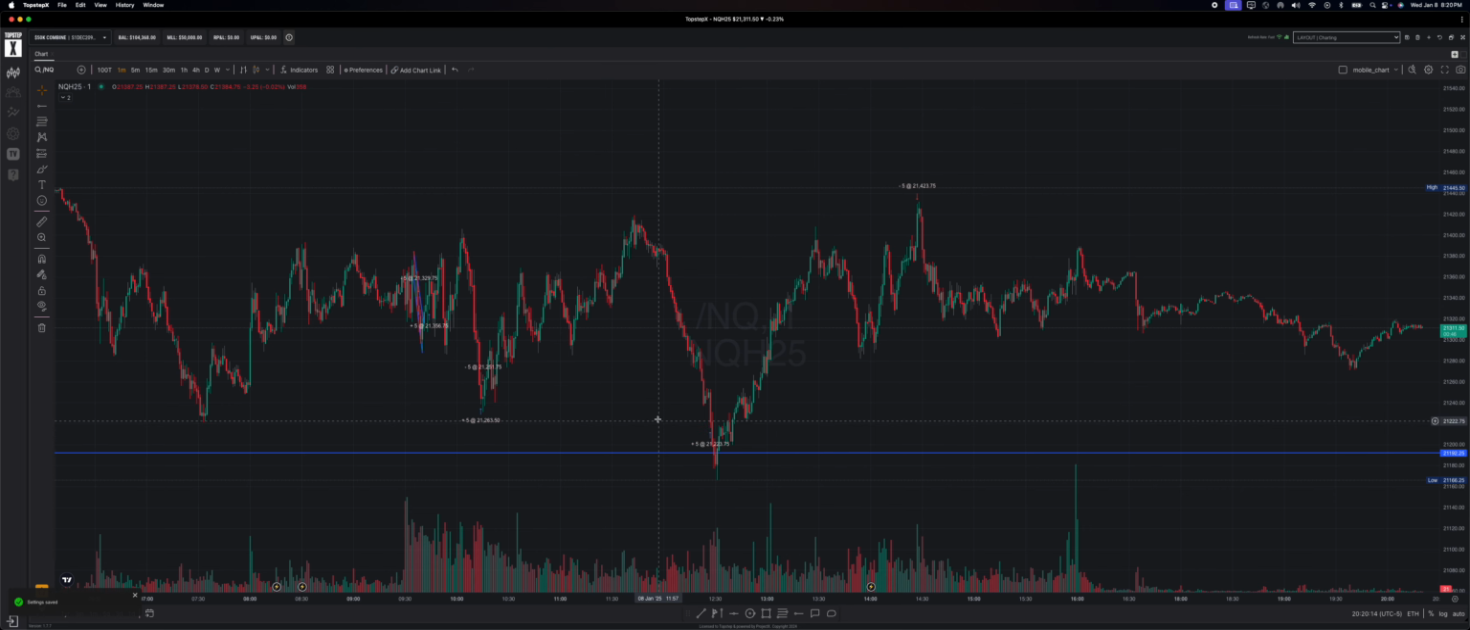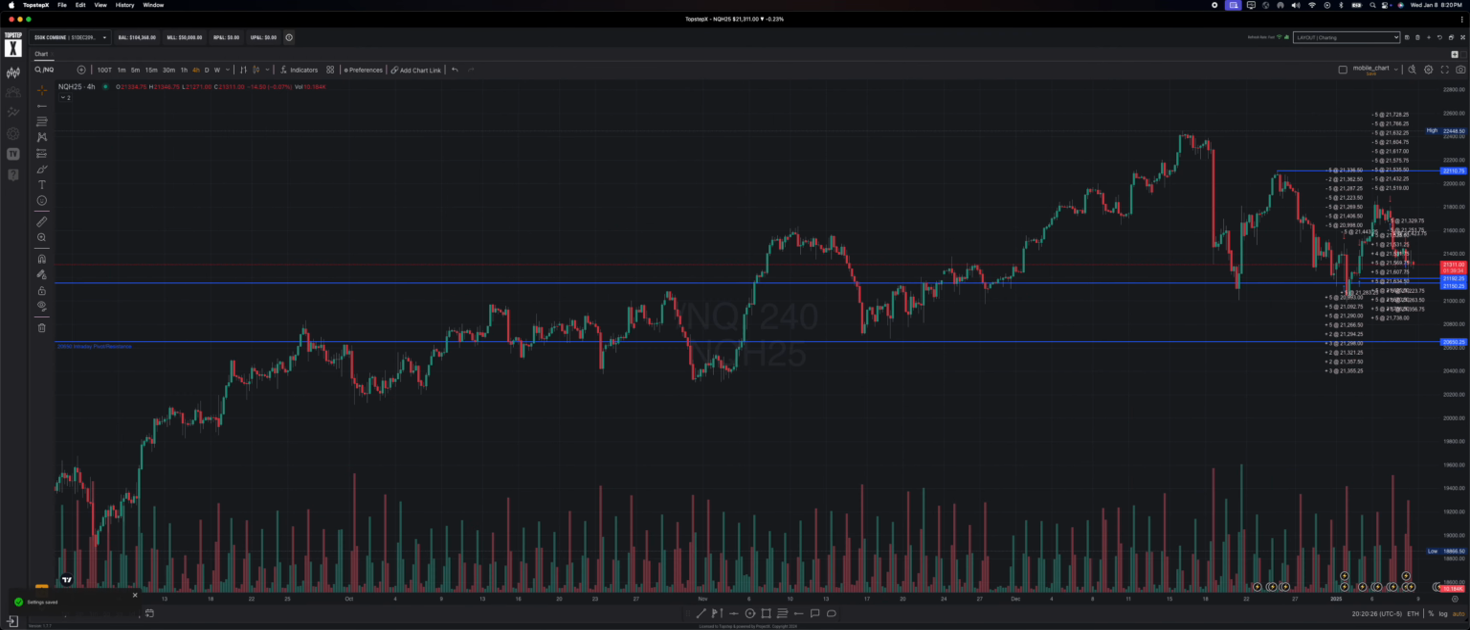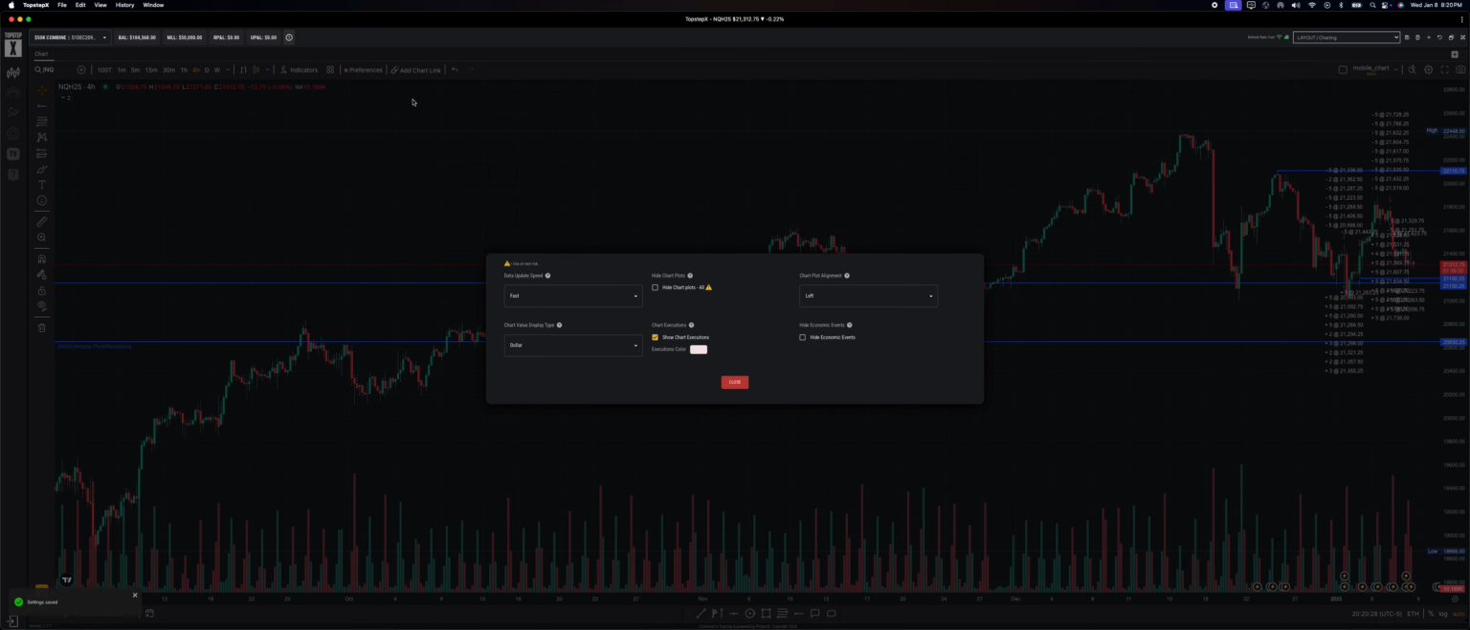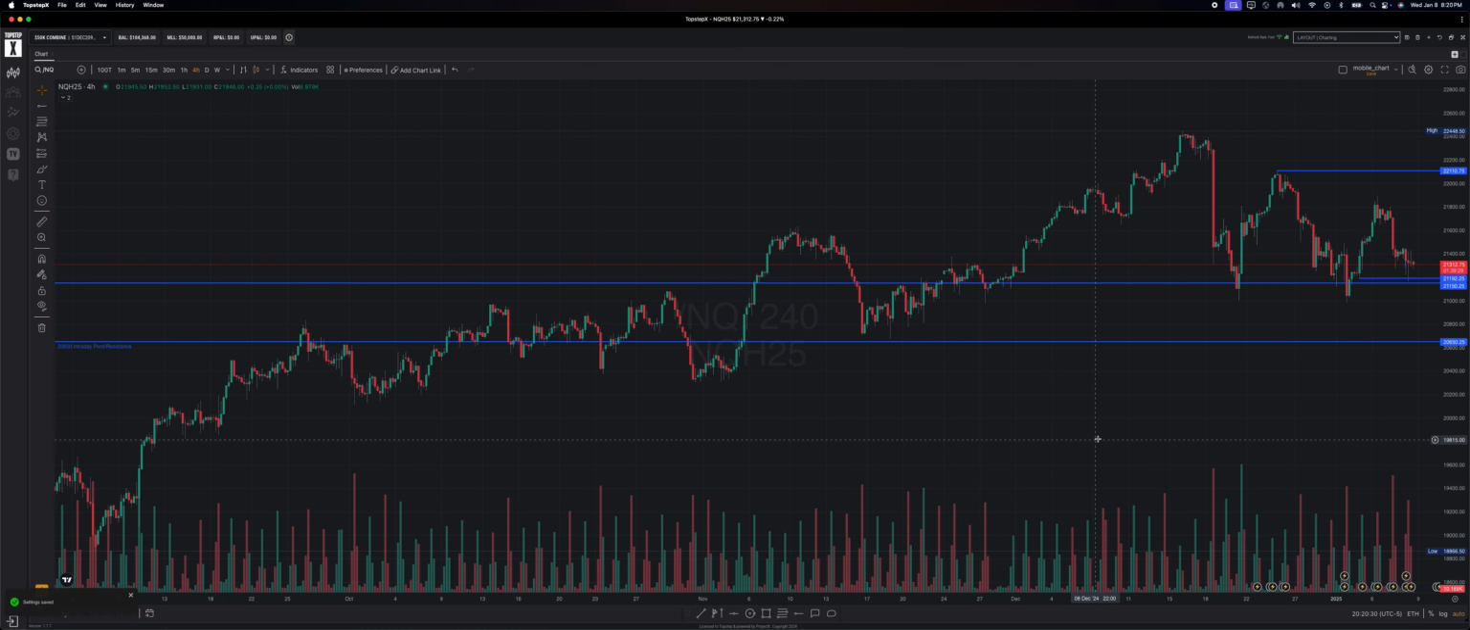Now, why? First, let's look at my risk. Why did I put my risk at 21,150? Now, to explain more of my risk is here, we'll have to zoom out and go to the 4-hour chart to see what type of market structure is forming at that level. Now, when we zoom out to the 4-hour chart,